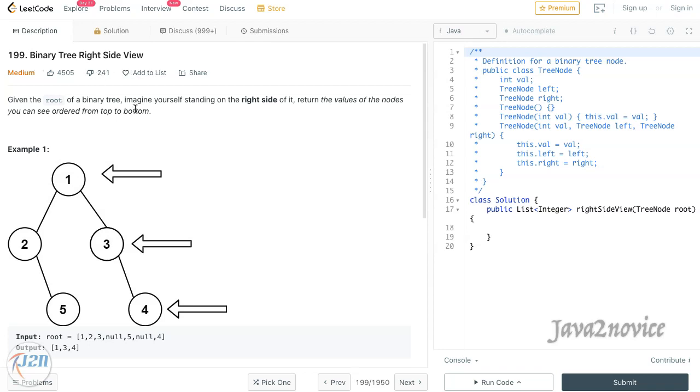This is one of the common interview questions asked in many companies. You will be given a root node of a binary tree and return all the nodes on the right side view. Let's take this example binary tree. Assume that you are standing on the right side of it here. You can see only these nodes 1, 3 and 4. Return these node values. Let's take a couple of other examples.